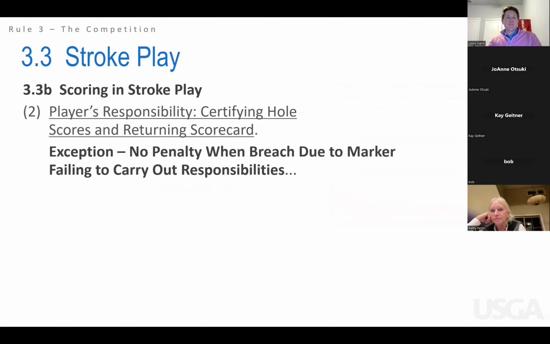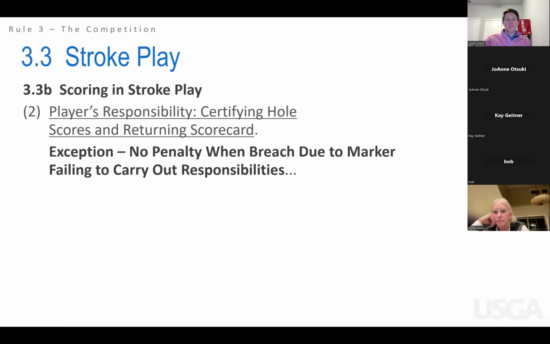We do see one exception to 3.3b. There is no penalty when the marker failed to carry out their responsibilities. If the marker didn't sign their scorecard and then they took off really quickly and the player couldn't stop them, or the player didn't realize it, and they bring it to the committee and the committee can't get a hold of them, the player can't get a hold of them, but we can't get that marker to sign that scorecard, and we did everything possible to prevent that from happening or to rectify that scenario, we're not going to be